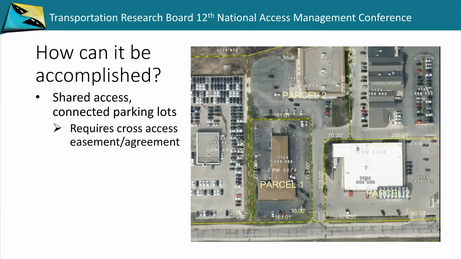Another is the cross-access easement, where as you can see, this parcel 1 has no direct access to the frontage road here to Blue Mountain Road, which a number of people have presented on previously. His only access is via cross-access easement to this parcel's access. And you can also see this parcel has obtained that as well. So there's multitudes of ways to get people to the road system without having to use a driveway right onto